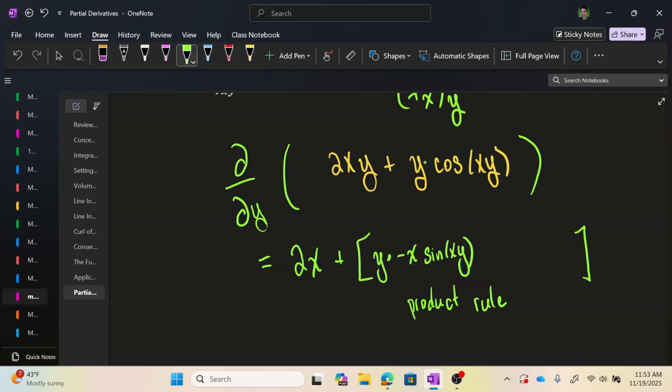To finish, we find the second term in the product rule expression, which is the second function, cosine of xy, times the derivative of the first function, the derivative of y being 1,